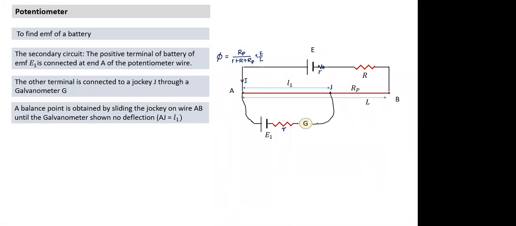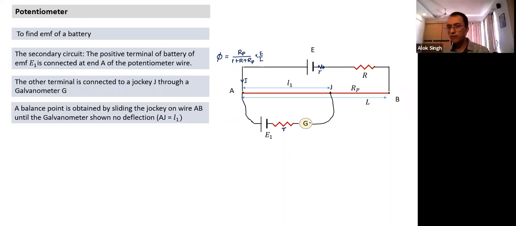Sir, I didn't understand why the current would be zero. Why would current be zero? Is it possible for current to become zero? See, if there's a galvanometer here, and I keep sliding, the reading in the galvanometer will keep changing. If the current increases, deflection becomes more. If current decreases, the deflection becomes less, and so on and so forth.